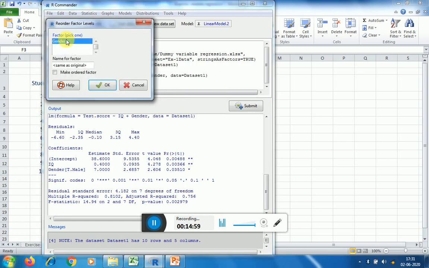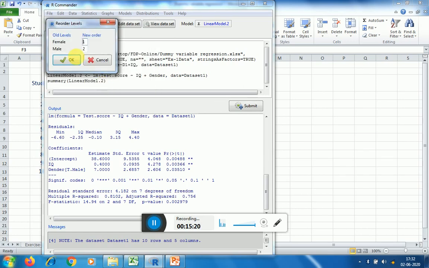Now here gender, for example, you have to give some name here, because if you go for conversion it will rename that variable by some other name, because now you are making some modification in that variable. So I just write it as G1 and then make the order factors and OK. Now here it will show you the sequence how it has taken. So it has taken the first factor as female and the second factor as male, as we did earlier. Instead of this value we have taken female as 0 and this as 1, so the meaning is the same.